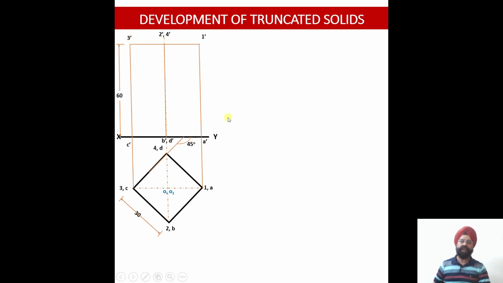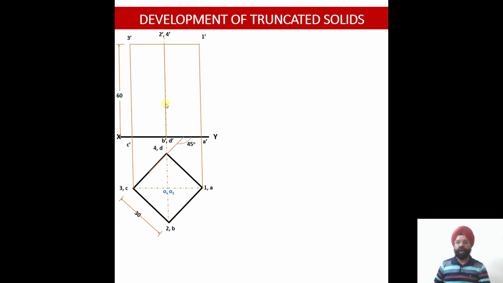Right, so one thing we need to understand: the projections corresponding to this vertical edge 4D have to be dotted, because the observer is going to look at this prism from this side. As this object will be viewed by the observer from this end, these three vertical edges will be visible to the observer. But this is the fourth edge of the prism, lying on the back side. So this is the edge 4D, which is farthest away from the observer and nearest to the XY reference plane. So this should be dotted, but we haven't drawn it dotted.